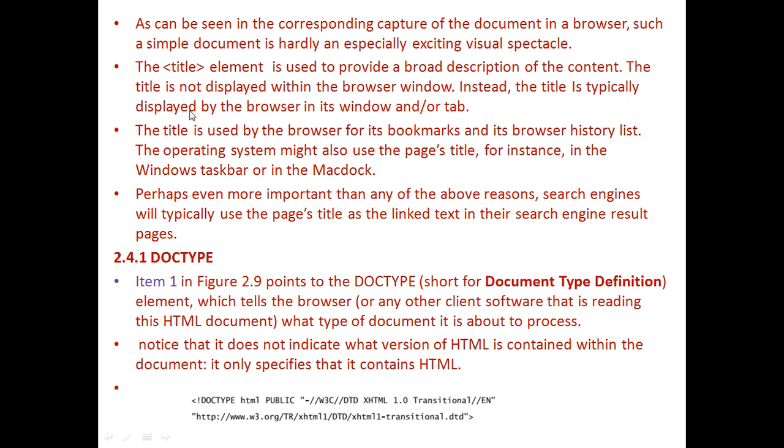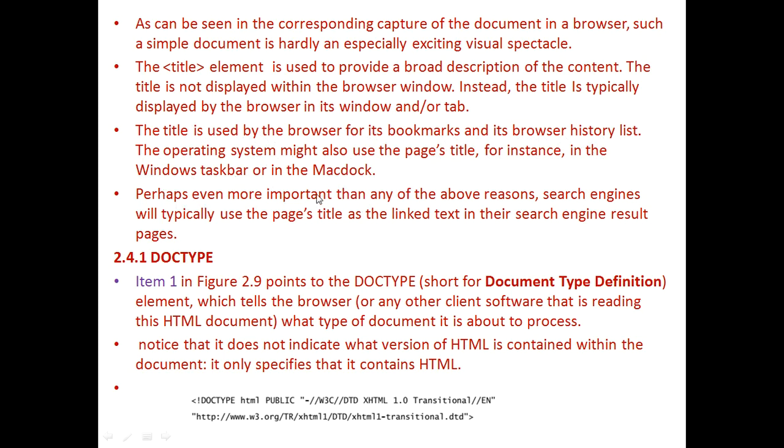Instead, the title is typically displayed by the browser in its window or tab. It's very important where the title is displayed: in a window or tab. The title is used by the browser for its bookmarks and its browser history list. The operating system might also use the page titles, for instance in the taskbar or in a Mac Dock.